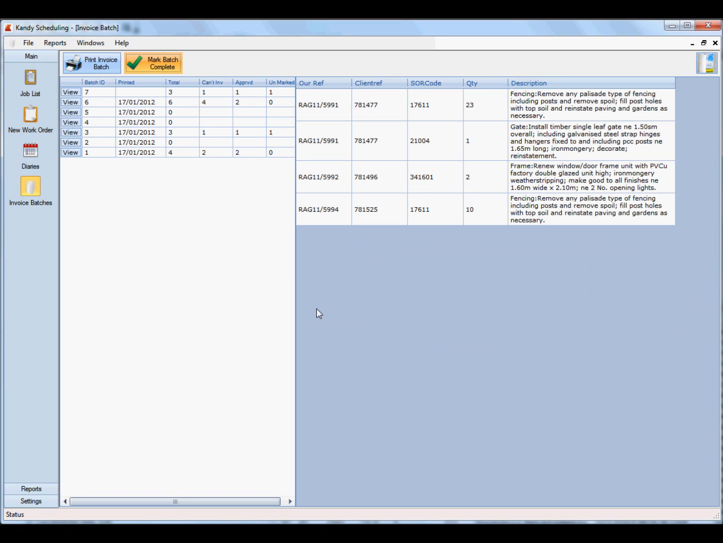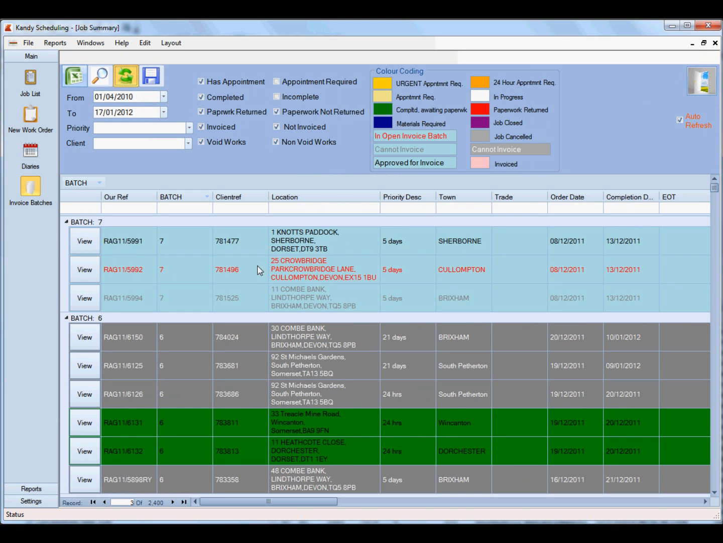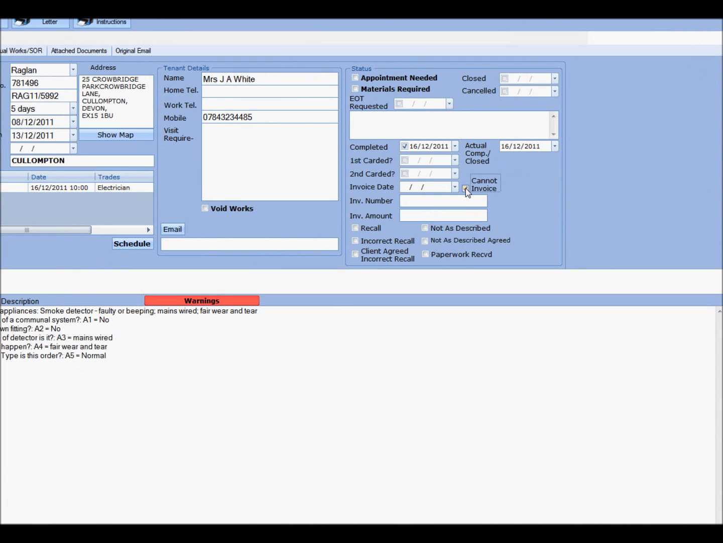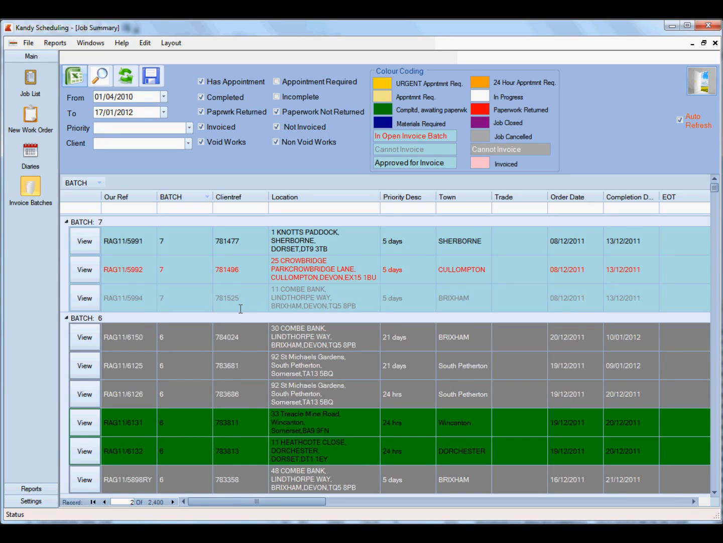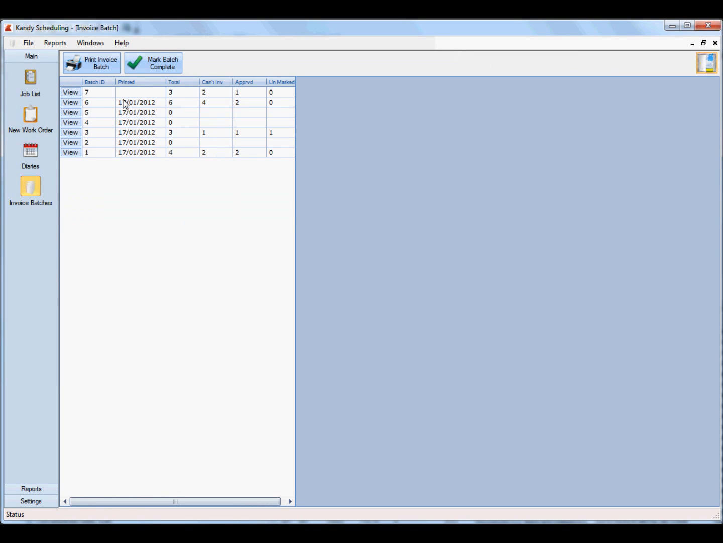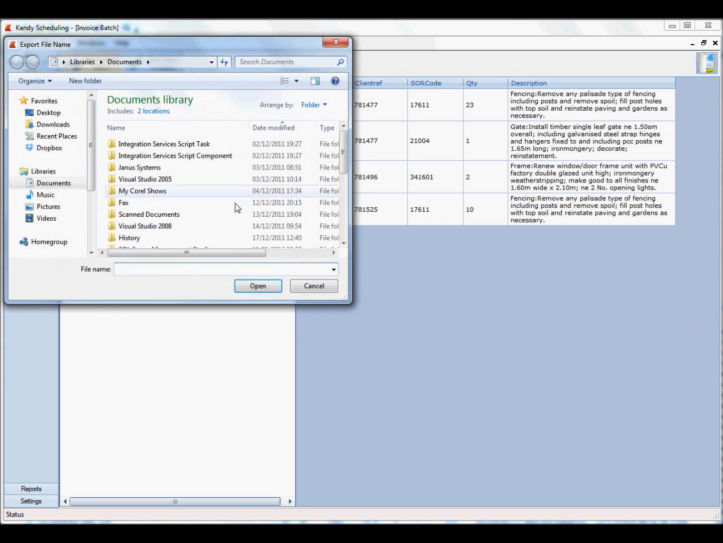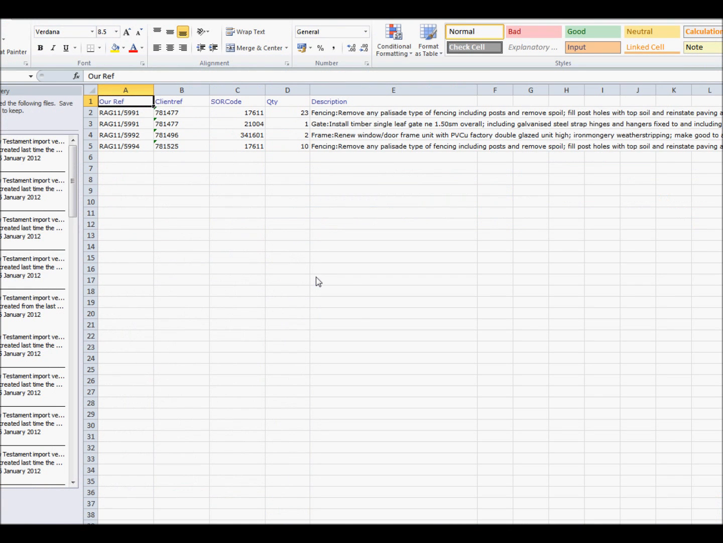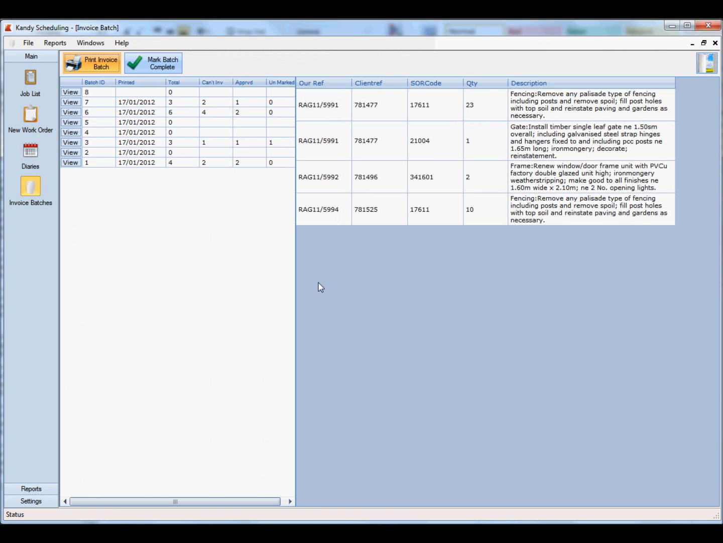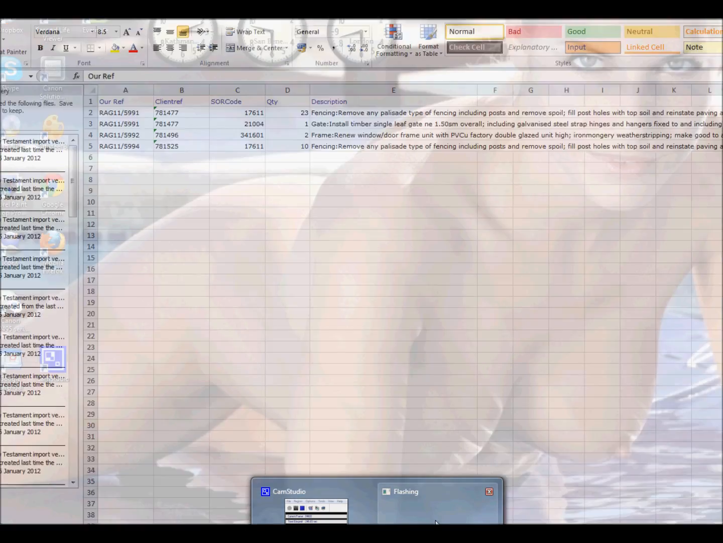If we look at one of these individually, you've got the close cannot invoice option, which you've always had. Then on the SOR page, you've got an add to batch button, which is grayed out here because this is already in a batch. This gives you the batch number the job is in, and this is where you mark it as approved for invoice. And if we come out here, there's an extra button